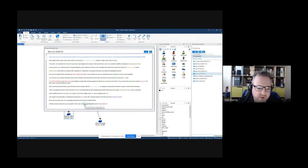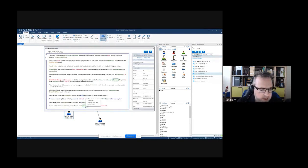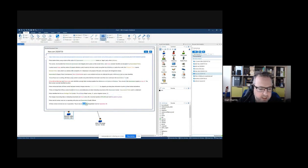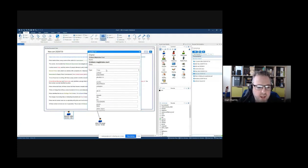So what it's done is it's identified Brisbane as a place, but if we wanted to do Brisbane Magistrates Court as its own place, I can right click. Okay, I'm going to do my own one. I'm going to tag an entity, and I'm going to select Brisbane Magistrates Court and tag that. So you can see here it's come up as Brisbane Magistrates Court, and it's come up as